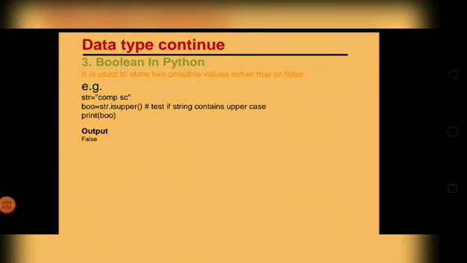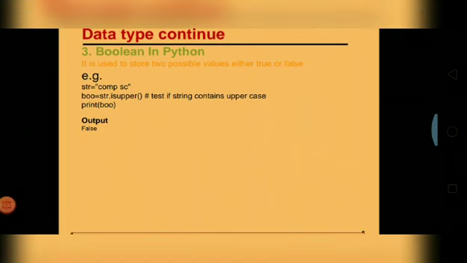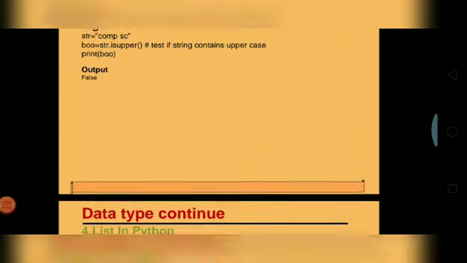Now we have the bool data type. The bool data type is basically to store true or false. So it helps you show the result of any calculation or any condition you write, like a greater than b, or here we are taking one example, the isupper function. The isupper function basically checks for capital letters. If the first letter is capital, then it will be true, otherwise false. So here computer science is written in small letters, so it means the result will be false.